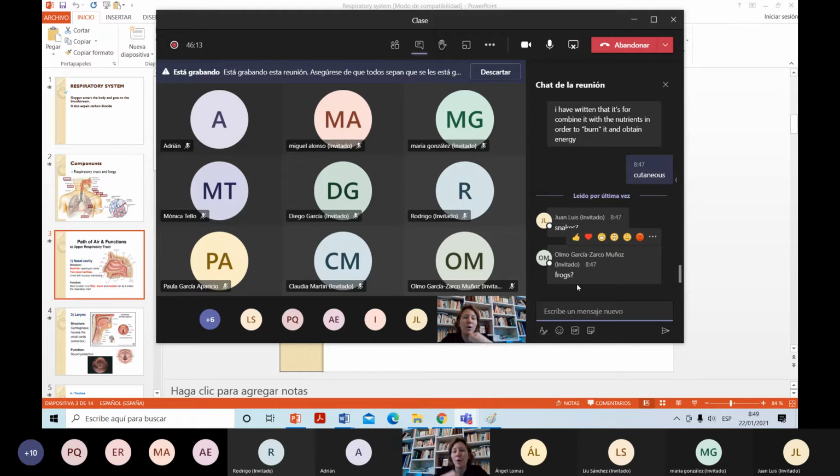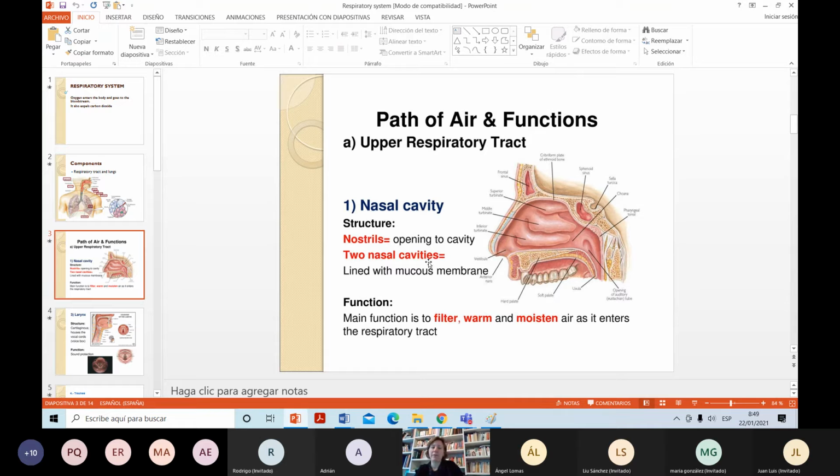Apart from that, I'm always taking some water vapor when I'm breathing. We see it perfectly when we exhale this air and it's very cold outside. You're going to see this water vapor condense. We need this water vapor in our lungs in order to maintain all that humidity and help this gas exchange. Well, so the functions of this nasal cavity are filtering, warming up, and moistening this air.